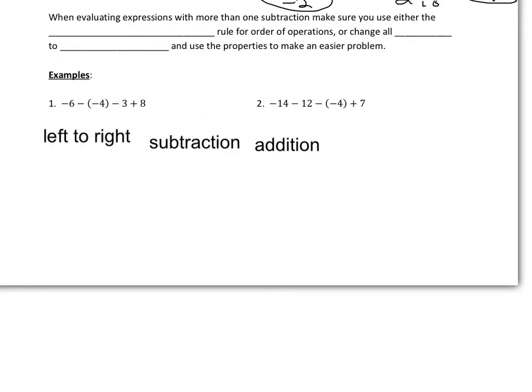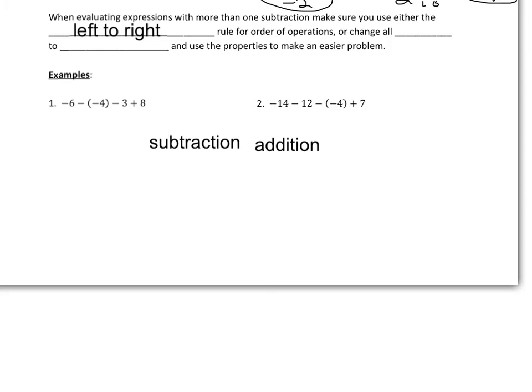Okay, guys, now you're not always just going to have two numbers being subtracted. You are going to have expressions where you have more than one number and more than one subtraction. Now, there's a couple different ways you can go about it. It kind of depends on what clicks in your brain. You can make sure that you use that left to right rule for order of operations, if you have all addition